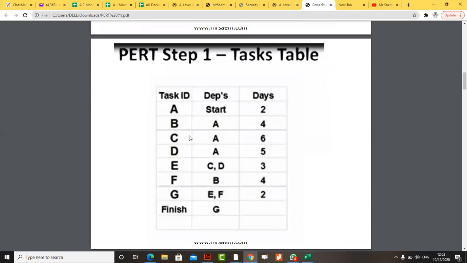So let's say I have the following tasks: A, B, C, D, finish. I have the dependency. Start is obviously not depending on anything. It will take 2 days. And task B is dependent on A, C is dependent on A, D is dependent on A. Task E is dependent on C and D. The task F is dependent on B, and so on. And these are the number of days they will take. Now, if you just have a look at this,